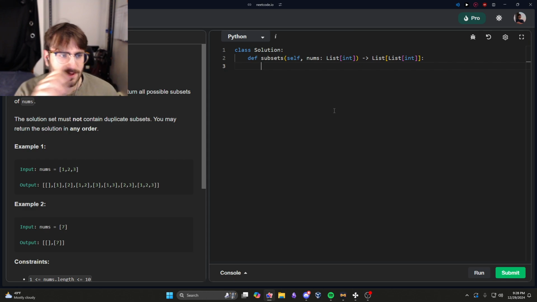Okay. So given an array of nums, blah blah blah. When you think about a subset, what is a subset? We need an already found thing, right? So we need a set. And so the most obvious thing would be